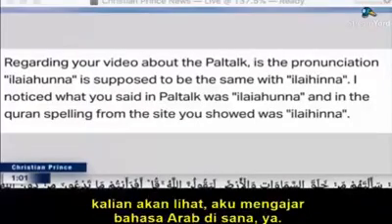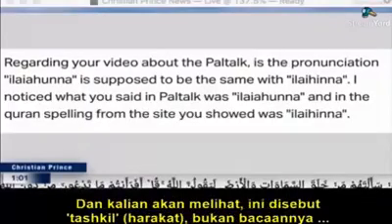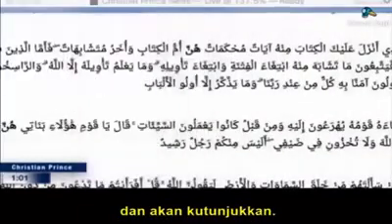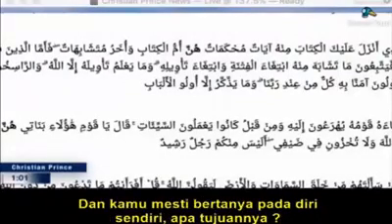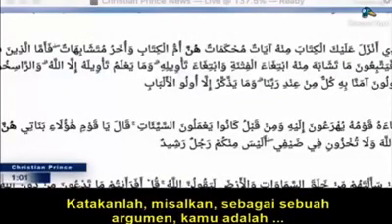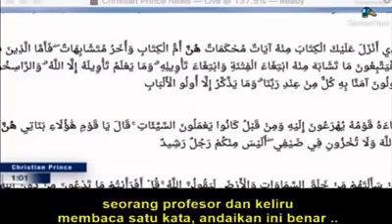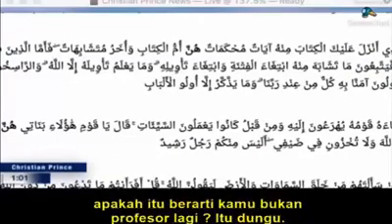You will see I'm teaching Arabic there, all right, and you will see this is called tashkil. This is not about the reading, and I will show you. You know, they try to fool you with their propaganda and agenda, and you need to ask yourself, what is the purpose of this? Let us say for the sake of argument, you are a professor and you made a mistake in reading a word. If this is true, will that make you not a professor anymore? I mean, this is stupid. So they are desperately trying.